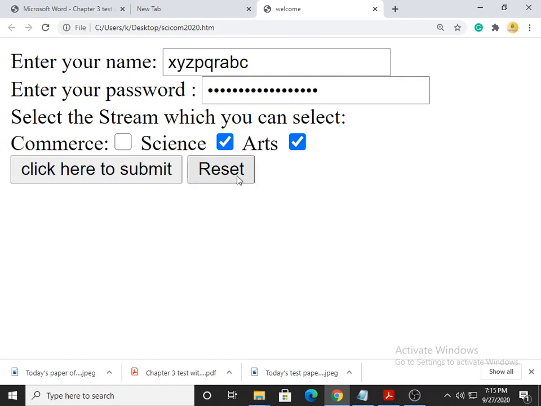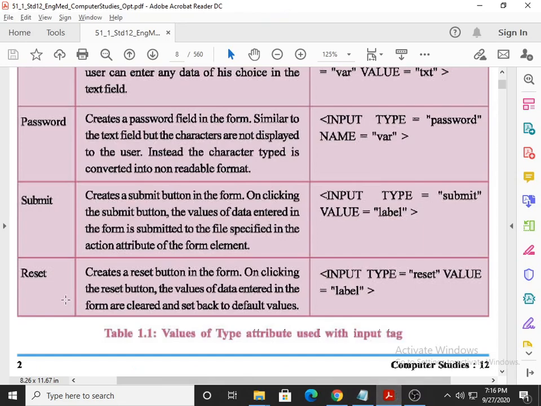Now suppose I click on reset, then what happens? Either the items of the form become blank or they load their default value. Look at the screen now. If I click on the reset button, you see hello default value and password default value are available, and all the boxes become blank. So that is the reset value of the type attribute.